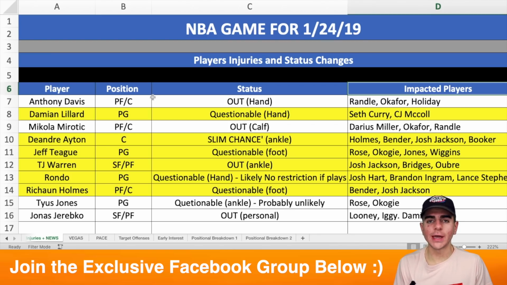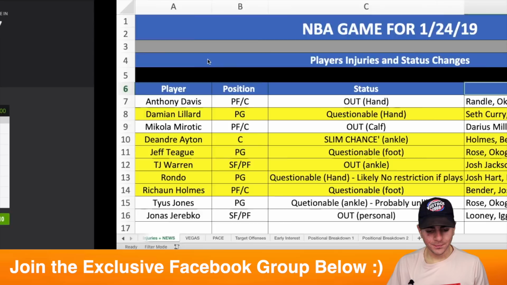He has a slim chance to play, is what the reports were saying, with an ankle injury. And he's missed their last 3 games, right? And since he's been out, he's not an incredible defender, but since he's been out, their defense has been going down at that position. Holmes has also been out, Rashawn Holmes, somebody that I called Richard Holmes in the past. But you get a guy now in David Bender, or not David Bender, but Dragon Bender, who, if we go